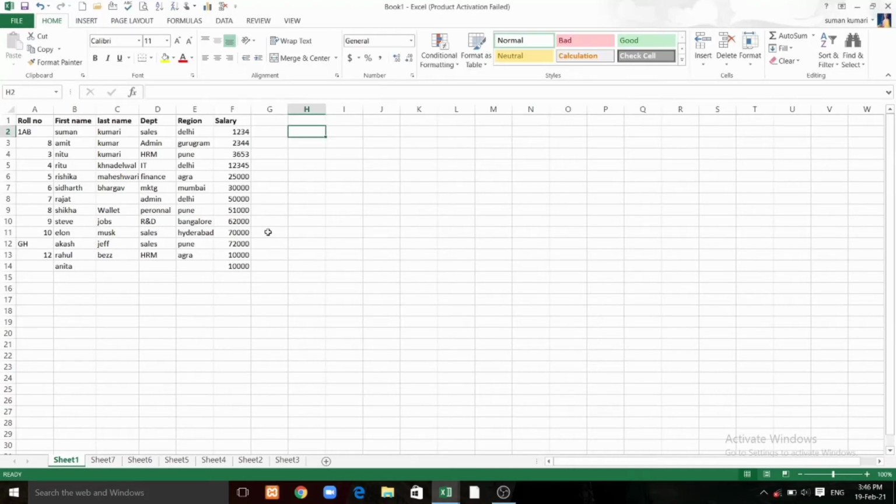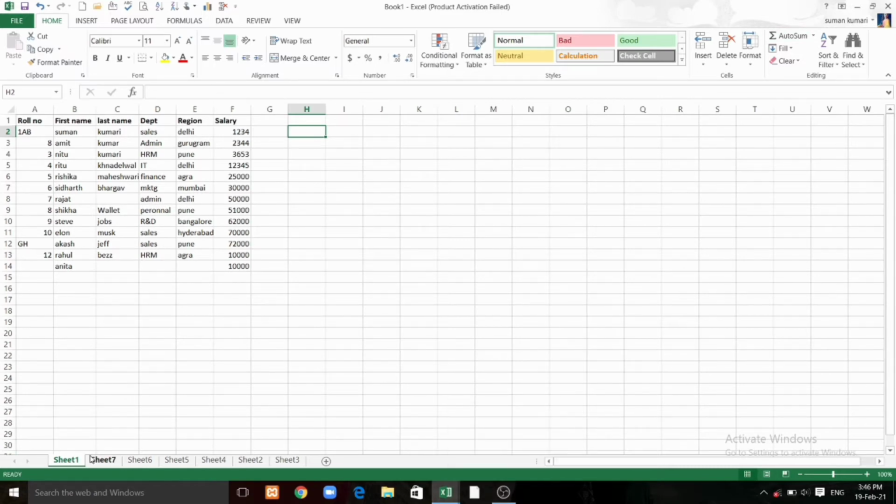Today we will discuss the basic information in MS Excel. Before going to the functions, I would like to tell you the basic information in MS Excel. This particular box where my cursor is moving is called a cell. There are loads of cells, like this is a cell, it is also a cell. And this whole file that is appearing on your screen is called a workbook,